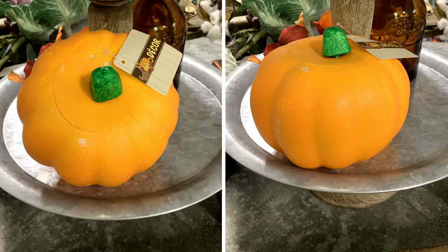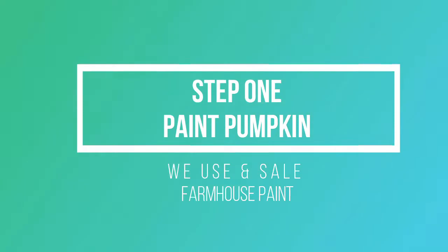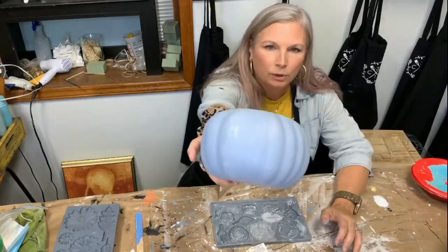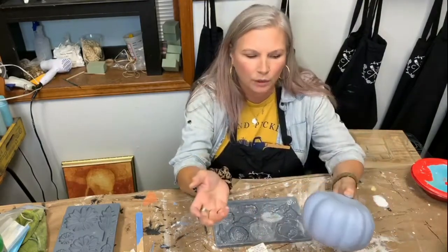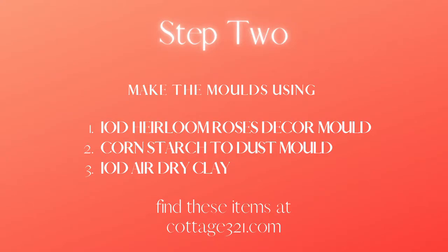Using a dollar pumpkin from Dollar Tree. This is Paris blue. It's a real pretty kind of gray blue. I just put one coat on here, and